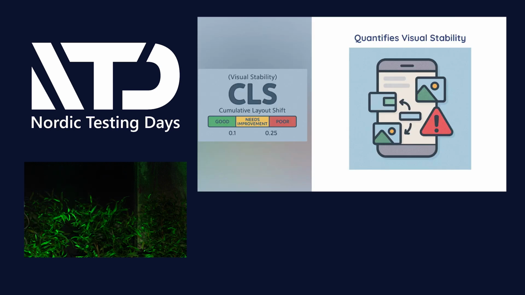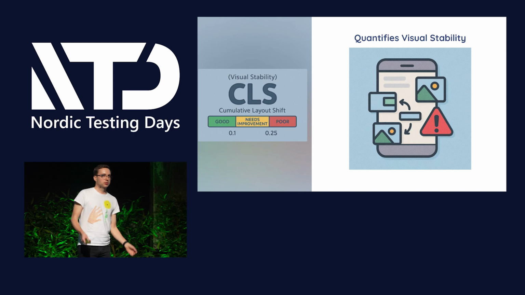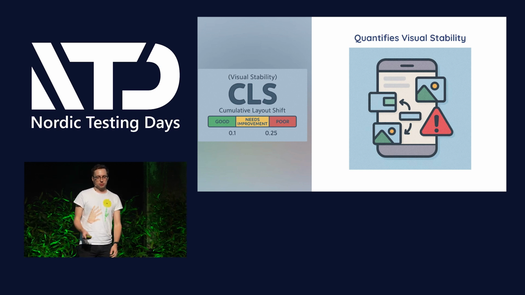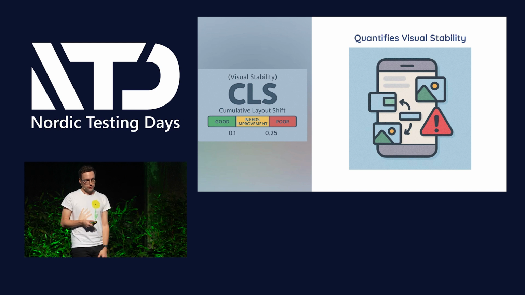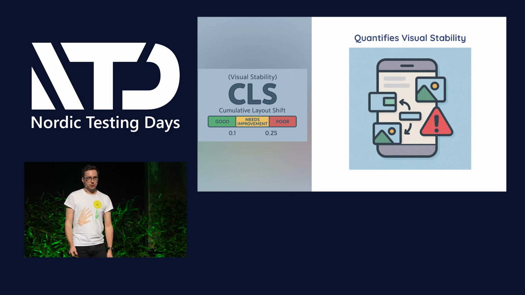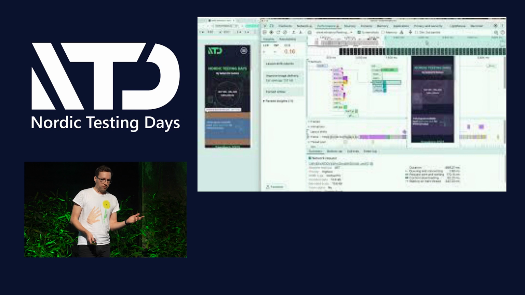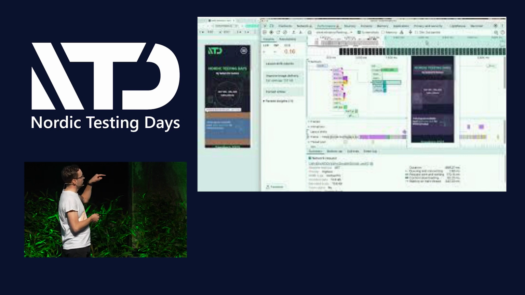And finally, a third one, CLS, cumulative layout shift. It's basically the aggregated score of multiple layout shifts that happen as your page loads. And Google again sets a threshold: if it's less than 0.1, then it's considered a good page from a visual stability perspective. So here's a video of me loading the Nordic Testing Days web page, and you will be able to